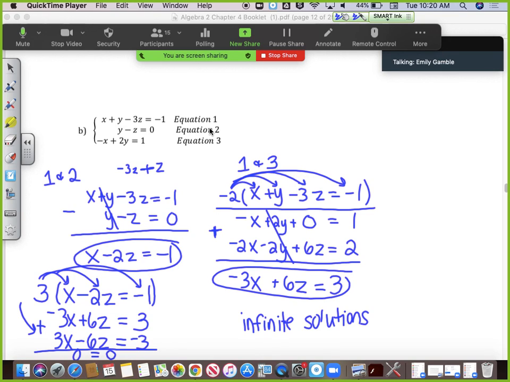So I believe that's all of the problems in this section. The next section is 4.4. So we are going to